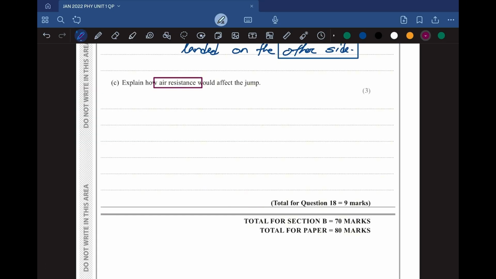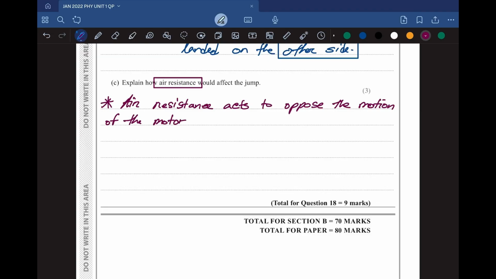So we'll write it down like this. The first point will be: air resistance acts to oppose the motion of the motorcyclist. The second point is going to be: it decreases